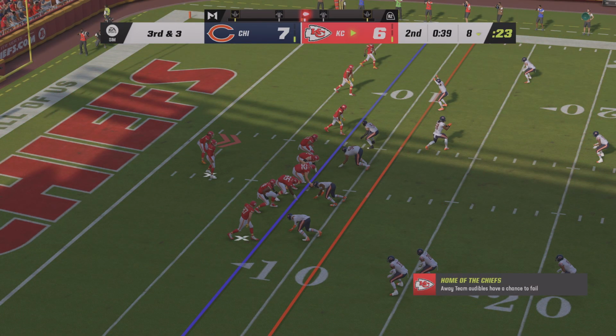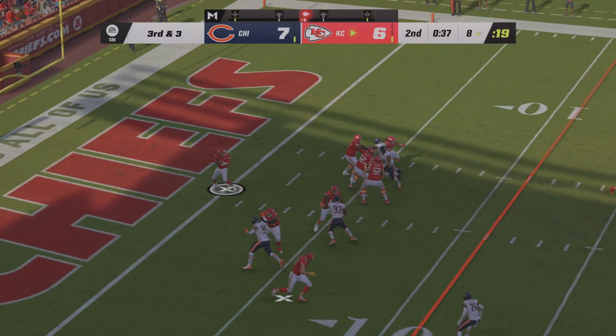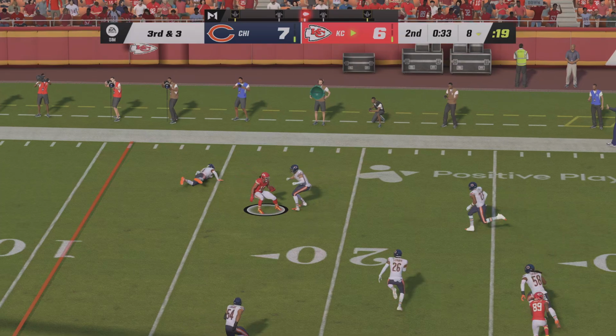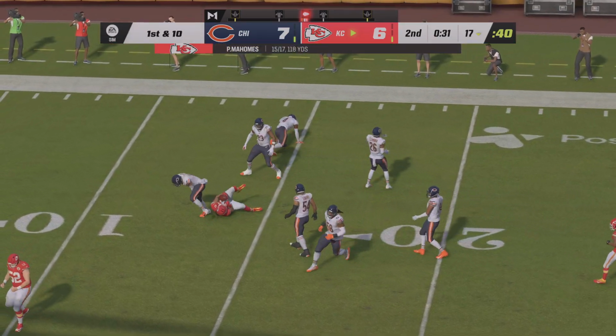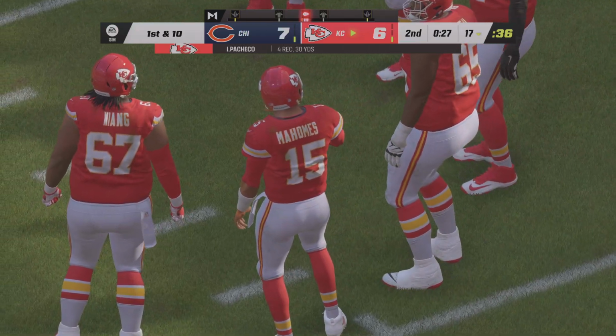And it looks like we've got a dime set here defensively, 6 DBs in the game. Throwing now is Mahomes, throwing for his running back, and he's got him complete. And he will have a first down here as they get into field goal range as well, down at the